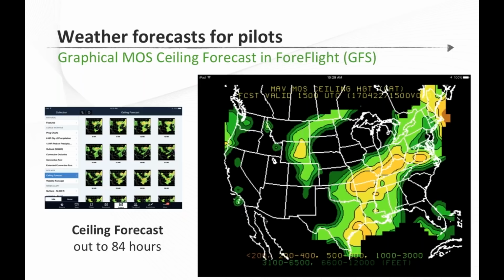Again, now we're in ForeFlight here. On the left-hand side, you can see a screenshot of where we're at. We're on the imagery tab of the product, and we're looking on the left-hand side. There is a label for GFS MOS, and we're looking at the ceiling forecast. So again, this is long-range planning. You're not going to use this to pick an airport or an alternate for your flight coming up based on specific ceilings. But maybe 12, 24, even 2-3 days down the road, it's going to give you a feel for